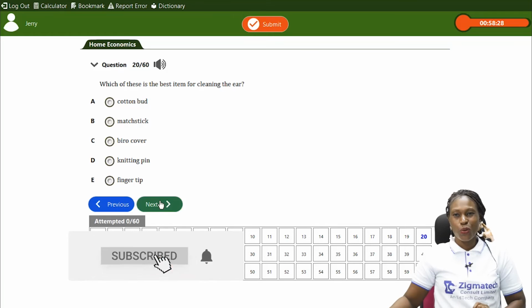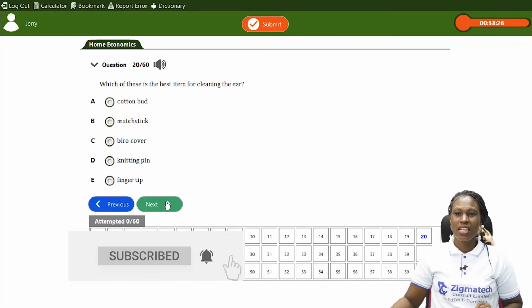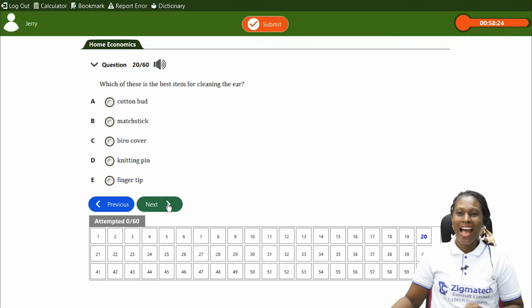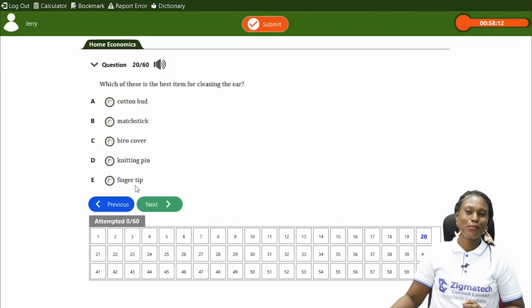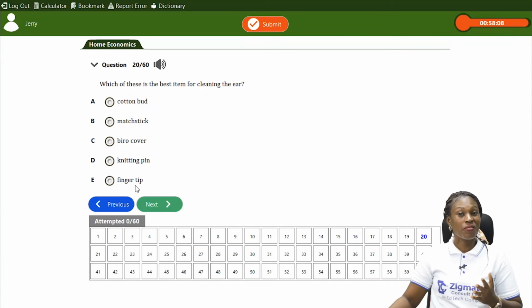Okay, let's look at this question. Which of these is the best item for cleaning the ear? A, we have the cotton bud, we have matchstick, we have biro cover, we have a knitting pin, then we have fingertip. So which of these is best to clean your ear? We talked about the ear being very sensitive. So what should you use